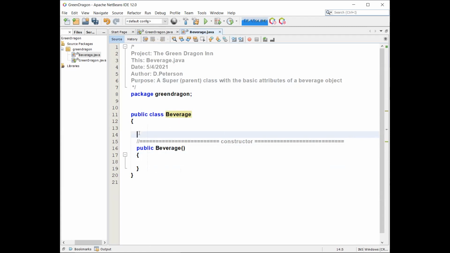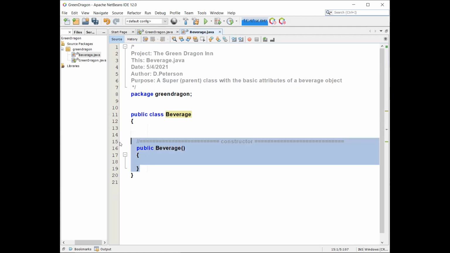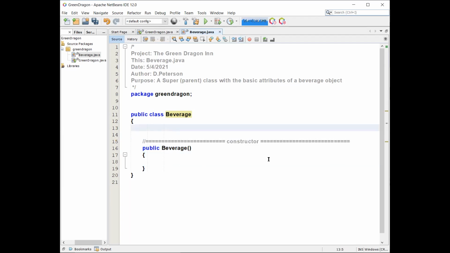Much better. Okay, let's indent this so it's out of our way. All right, so now I need things that